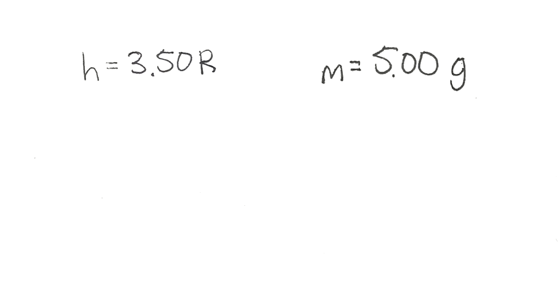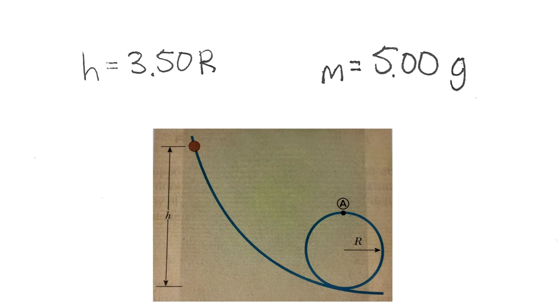We're given that the height is equal to 3.50 times the radius of the loop-the-loop, and the mass is equal to 5.00 grams. We're also given a diagram of what the problem looks like. For part A, in order to find the speed of the bead, we can use the formulas for kinetic energy and potential energy. The formula for kinetic energy is K equals 1/2 mv squared, and the formula for potential energy